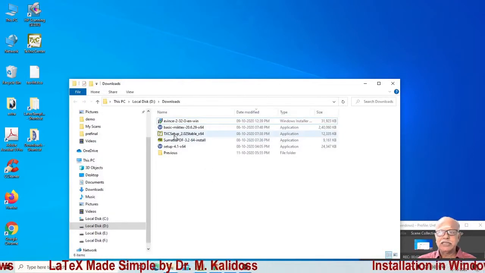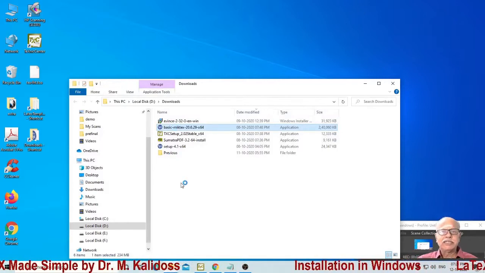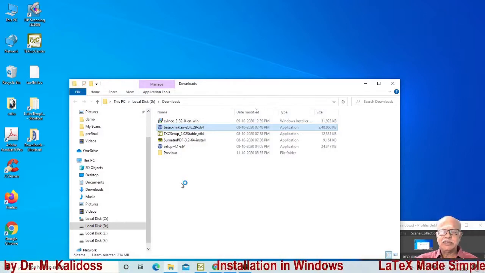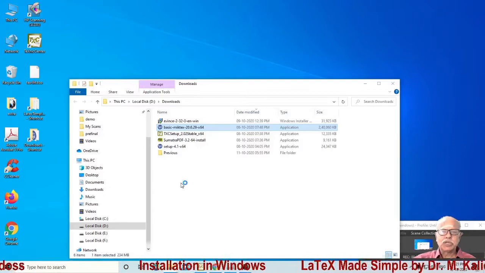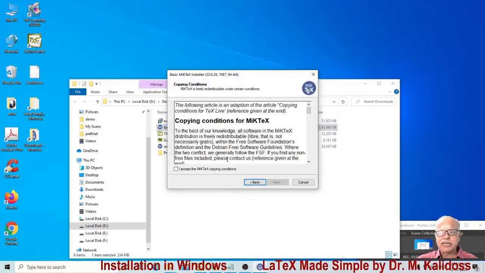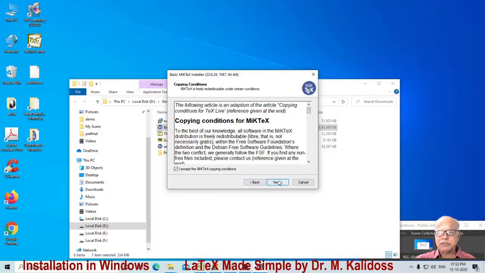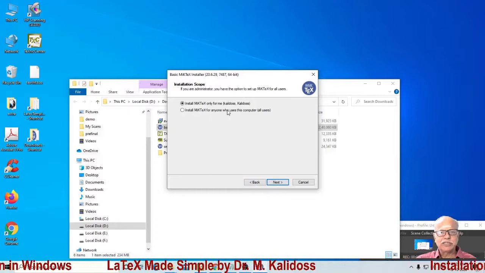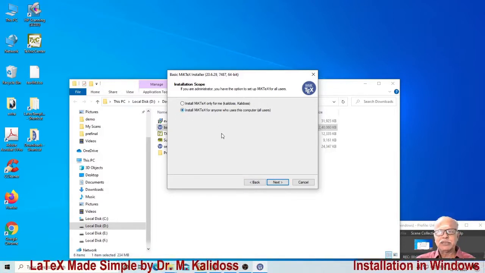First, let us consider the basic MiKTeX installer. Double click this. This basic MiKTeX installer contains the minimum number of necessary packages to start working with LaTeX. Read the copying conditions, accept, click next. You can install it only for yourself or for all the persons using this computer.